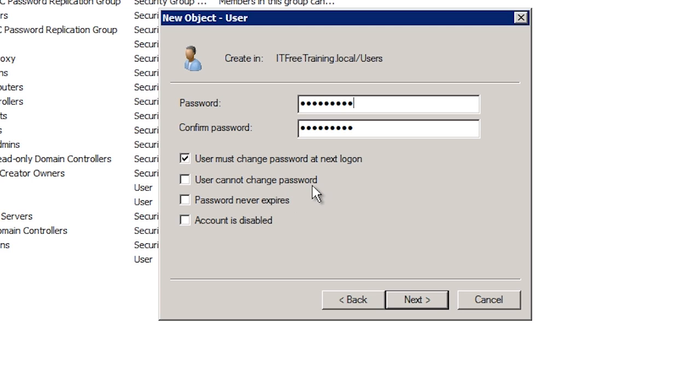The next option prevents the user from changing the password. Usually this option will be enabled when creating a shared account. For example, an account that may be used to access an internet kiosk used by many users. You don't want one user changing the password and preventing other users from using the kiosk later on. Also, this option is sometimes used for a service account or for an account used to run a particular application. If the password for this account was to change, especially if the account was used on multiple computers, this would prevent the application or service